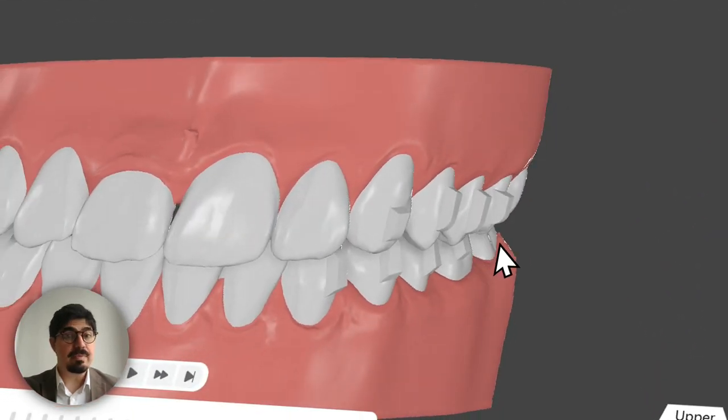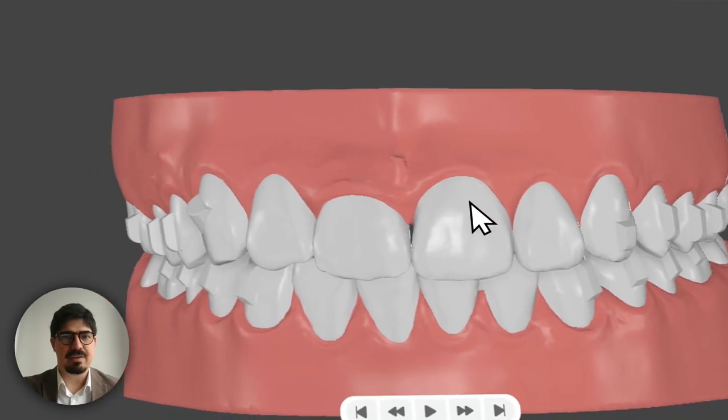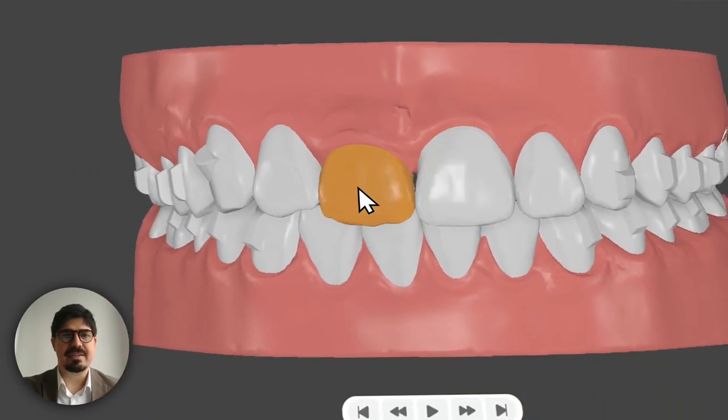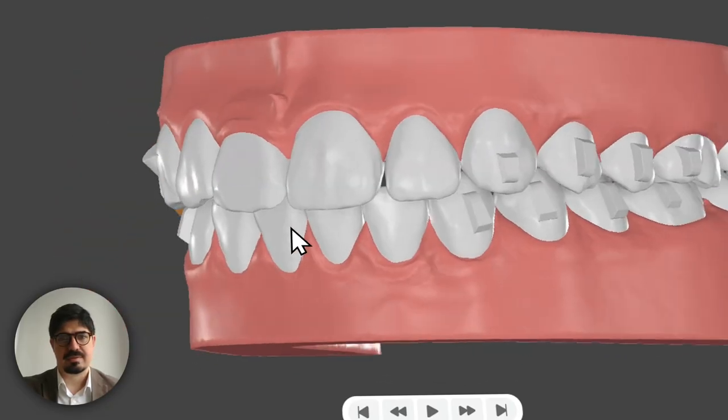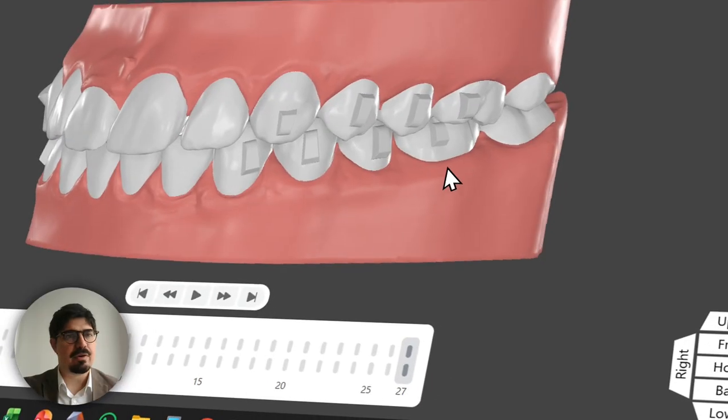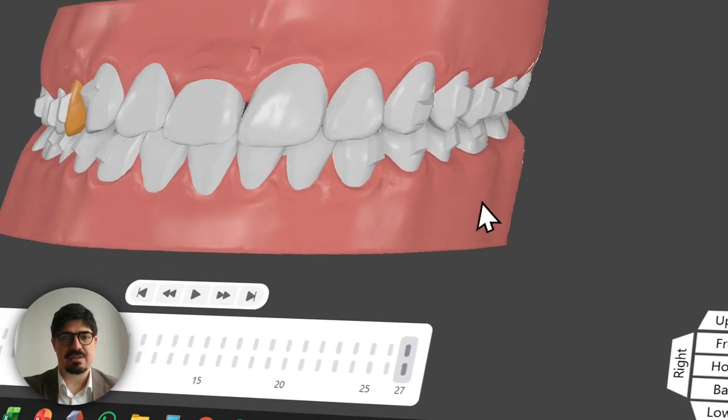So the patient will be able to see the planning of the case, and there are no details at all, like the amount of movements and everything,